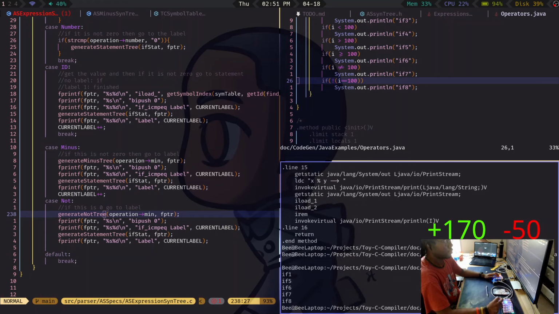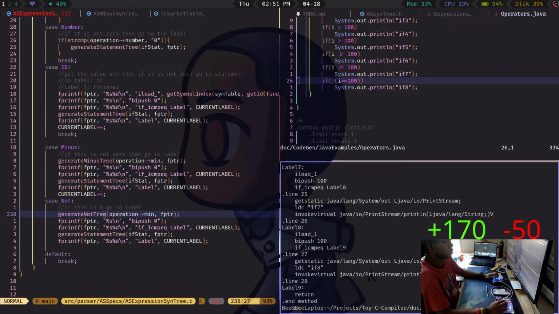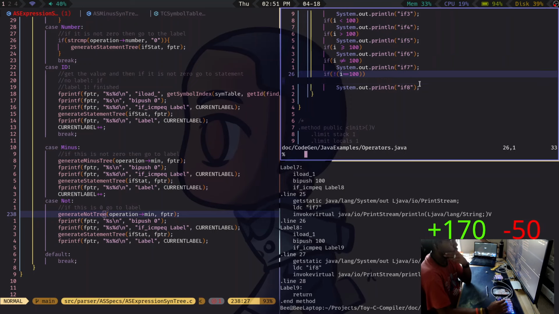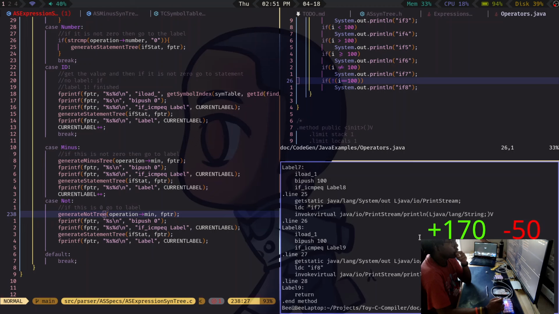Okay, what else? The Java part. So line 26, load, compare.